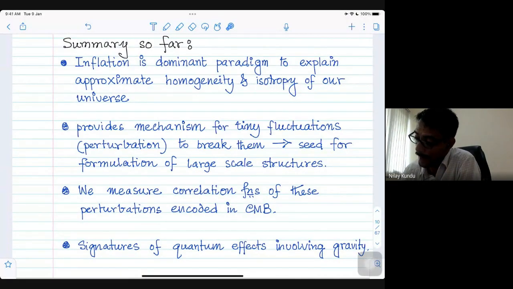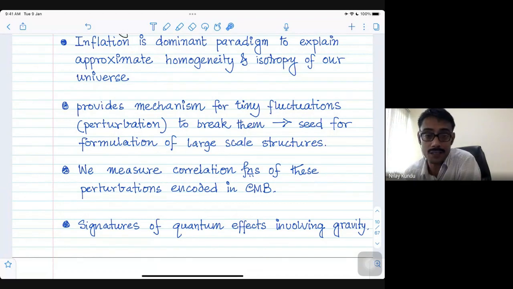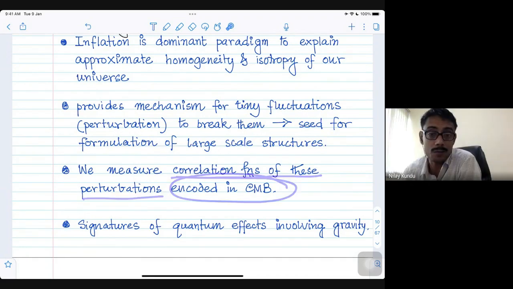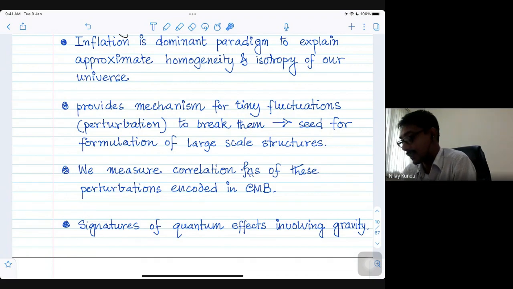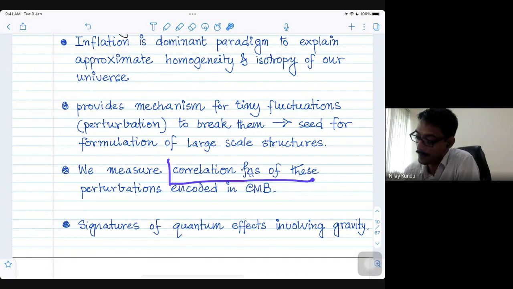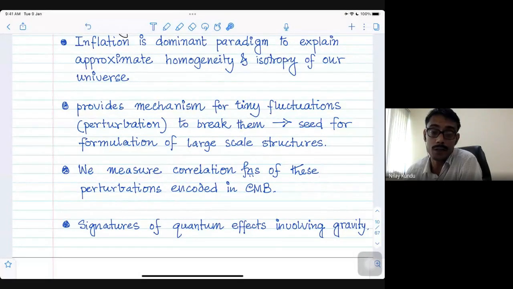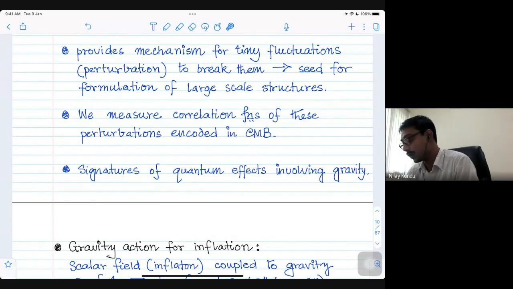And what we would like to measure is how these perturbations or fluctuations are correlated in different directions. The information of the correlation functions of these perturbations is encoded in the CMB. We can directly observe it. And if we have a theoretical framework to explain these correlation functions, then we can directly compare with experiment. And one thing we should remember is that during that time when the universe was exponentially expanding,